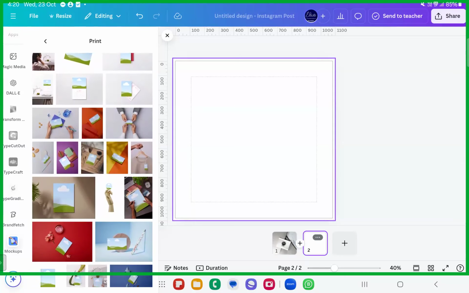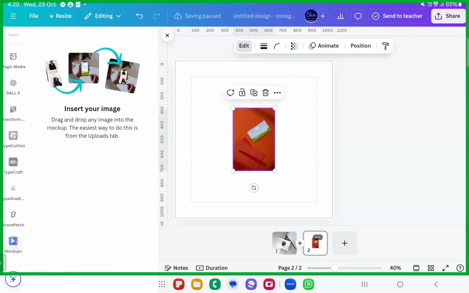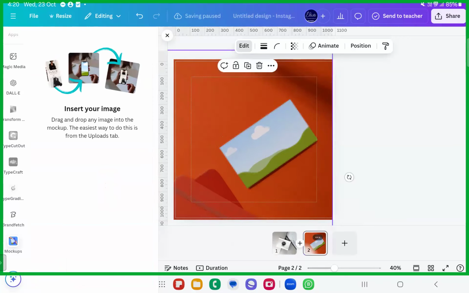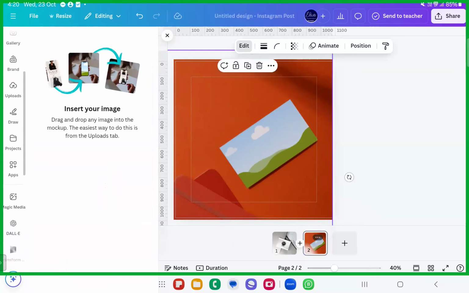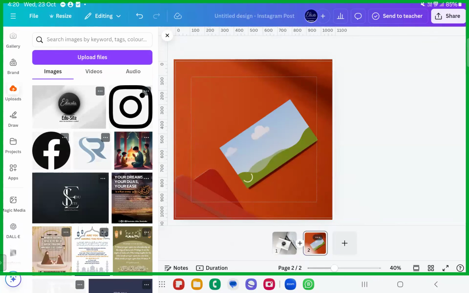Okay. So for example, if you have taken this business card as a finalized version, this business card, okay, then you can just take this here. Okay. Go ahead with the uploads. We'll take the same one. We'll put it here. Okay. Another, we want another side. Another side of this business card we want.